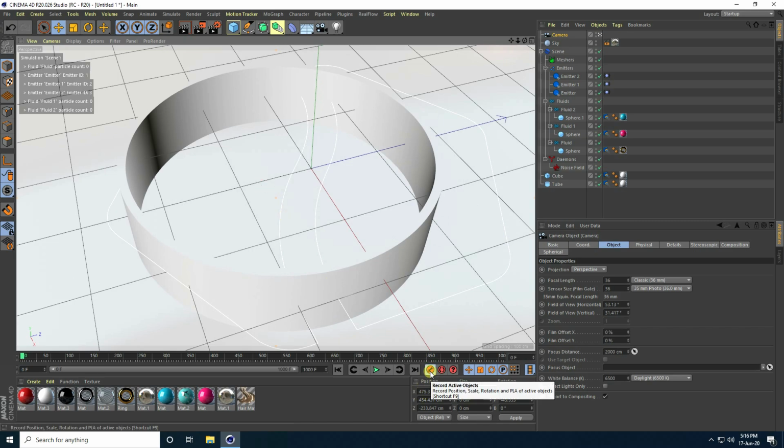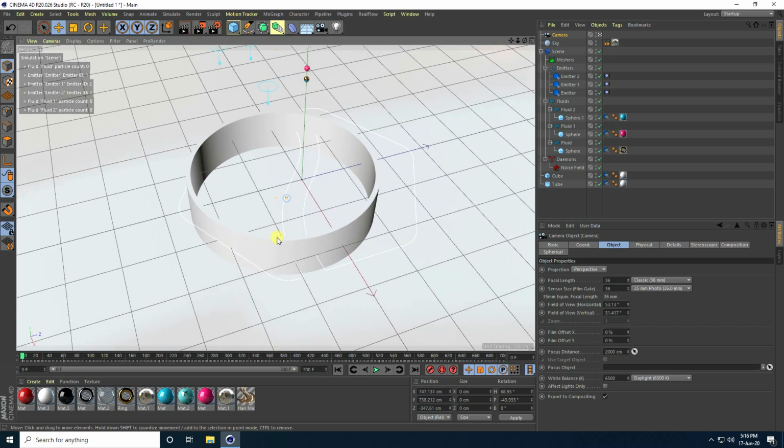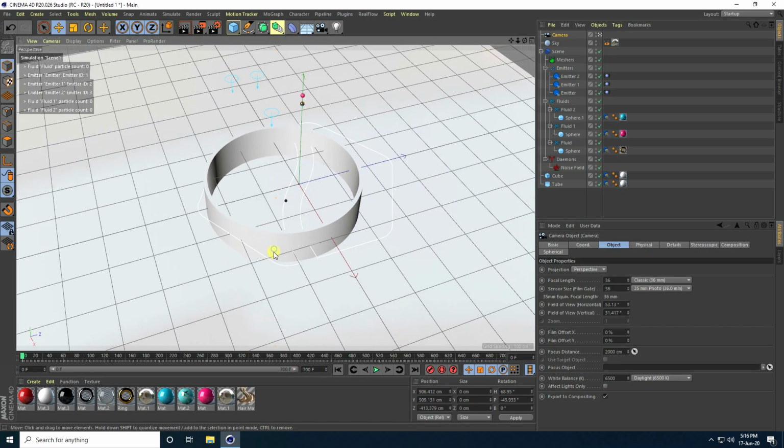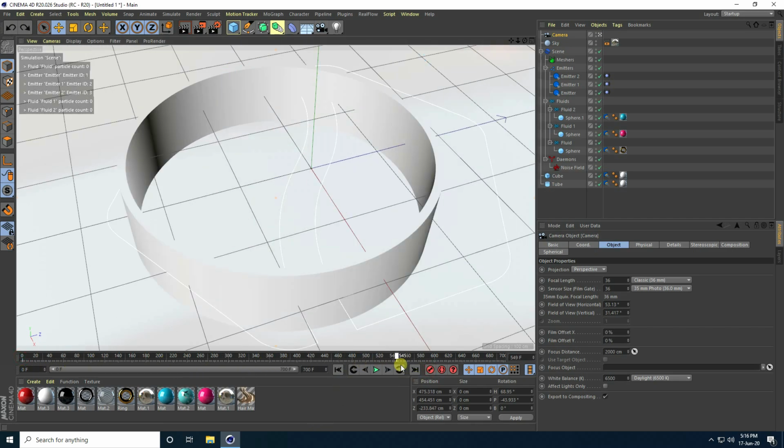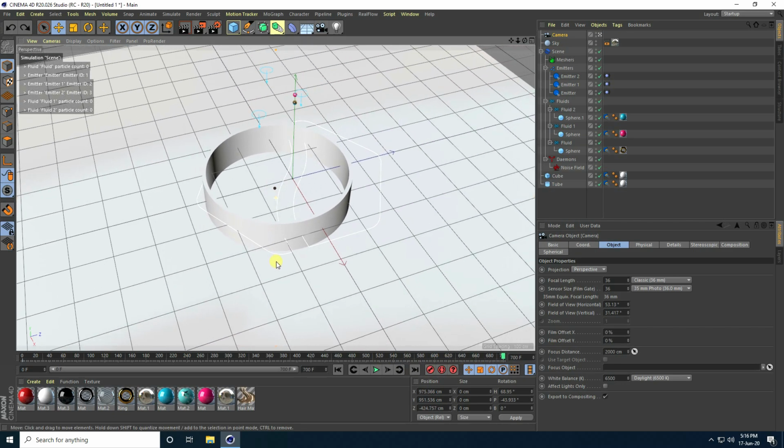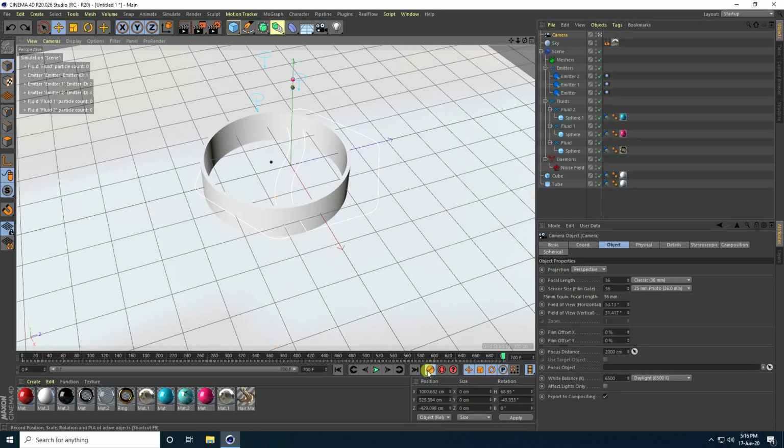Press this animation key and now I go to 700 frames and camera angle like this. Press this animation key.